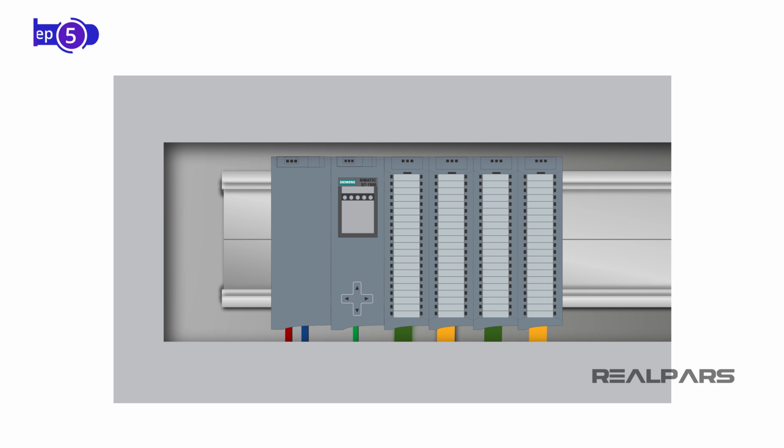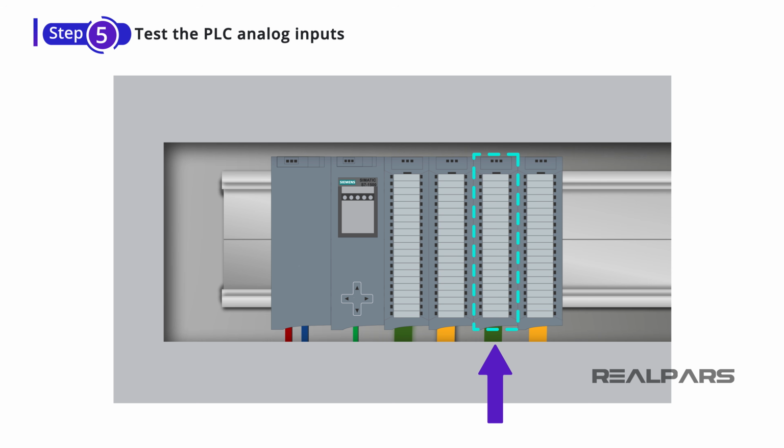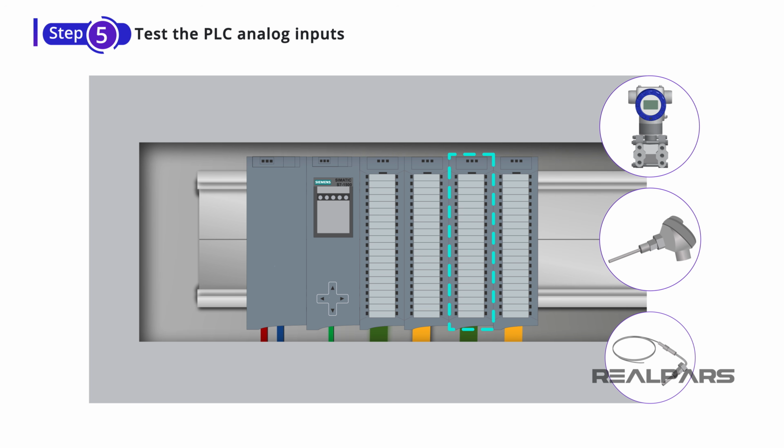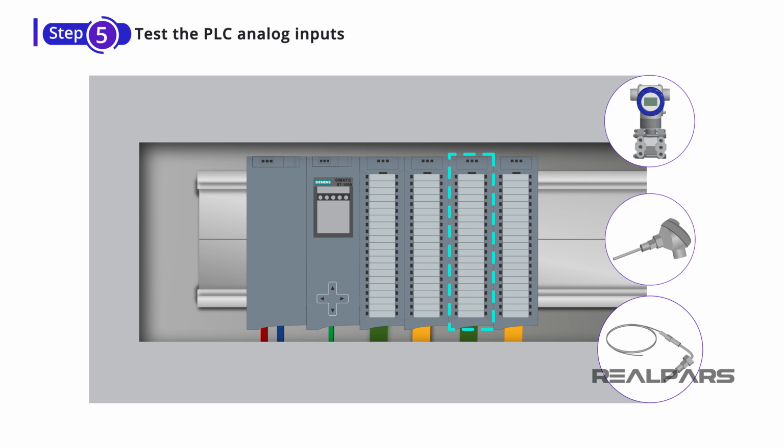As for the next step, you need to test the analog inputs. To do this, you simply need to know the type of input signal that will be connected to your PLC analog input. Typical input analog devices are transmitters, RTDs, and thermocouples, each providing different signals to the PLC. Transmitters typically send a 4 to 20 milliamp signal, RTDs produce a variable resistance, and thermocouples produce a very small